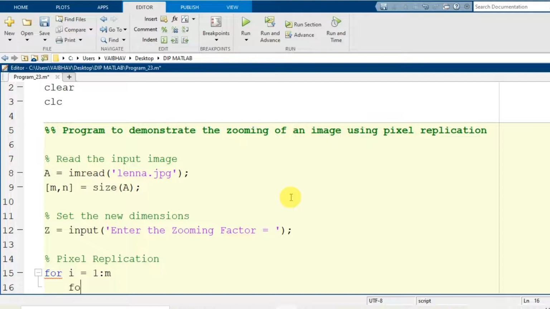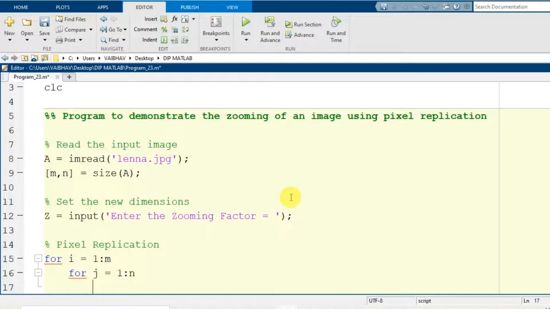Inside this for loop I'm going to construct one more for loop that will run for the variable j holding the values 1 to small n, the next dimension of the input image. This will extract each and every column of the input image.